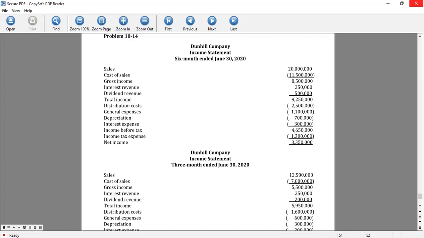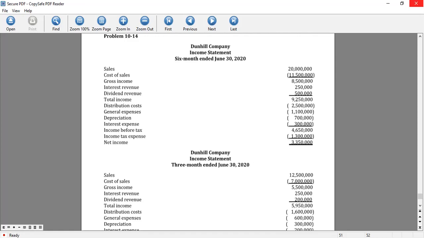So we have sales less cost of sales equals gross income. Then we add dividend revenue. We have the total income. Then deduct distribution cost, general expenses, depreciation, interest expense, and finally income tax. So we have the net income of 1 million. On June 30,